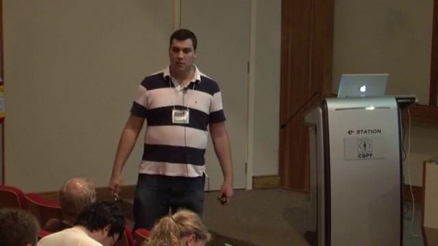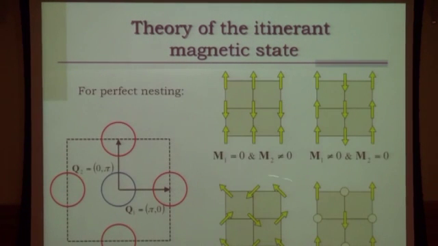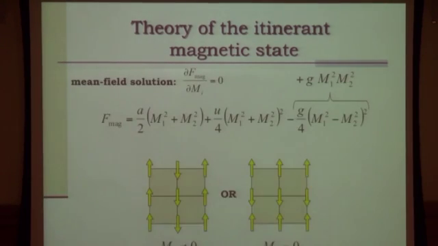Okay? Now this G may change sign. If G was negative, then you want both as big as possible and non-zero. Then you actually get this state here. There are some reports that this state has been spotted in the pnictides, but I'm not going to go there. It's still very recent. It was presented in this last March meeting, but we're still not sure what to do so far.